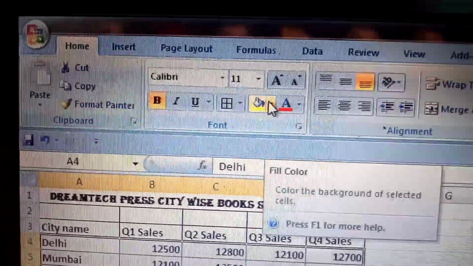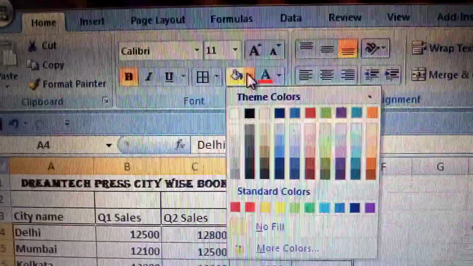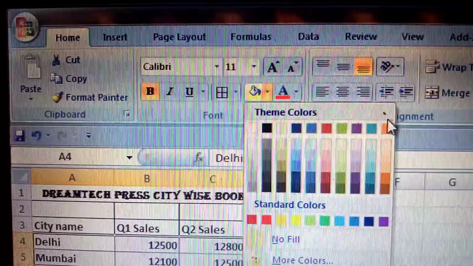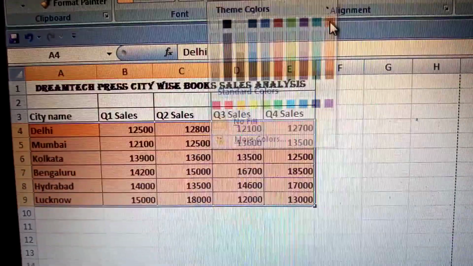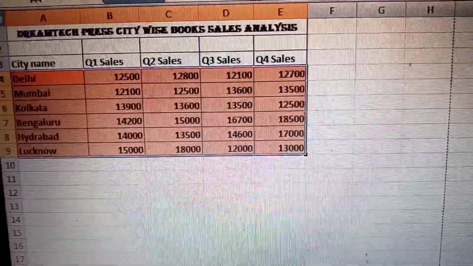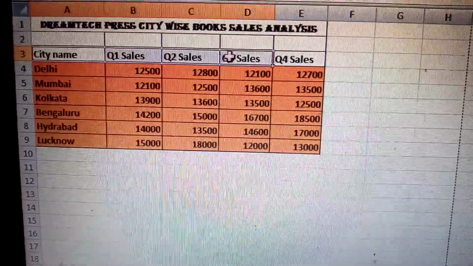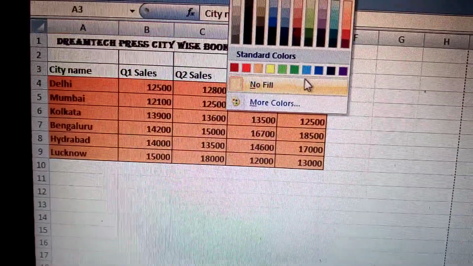A list of colors will appear in front of you. Now select the orange color from here. The color gets applied to the cells, as you can see. Now you can use different colors also. Just click on it and click on this.